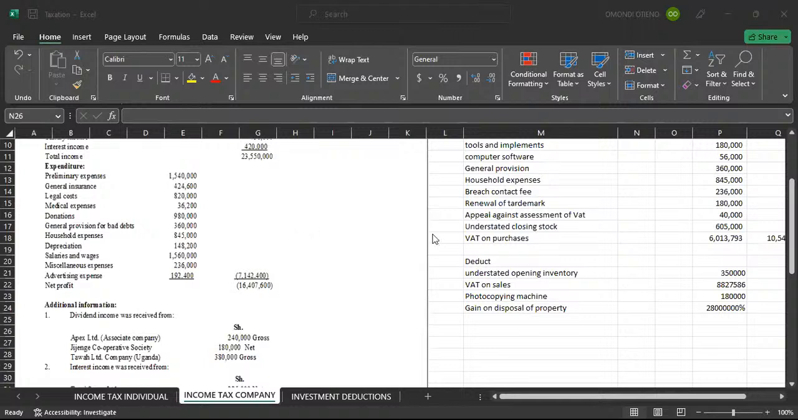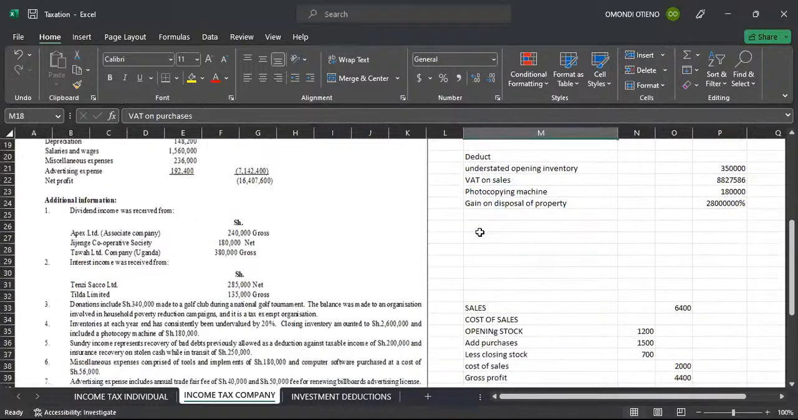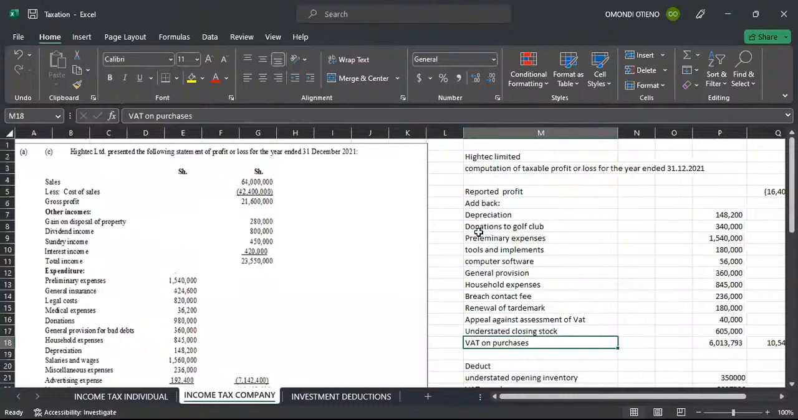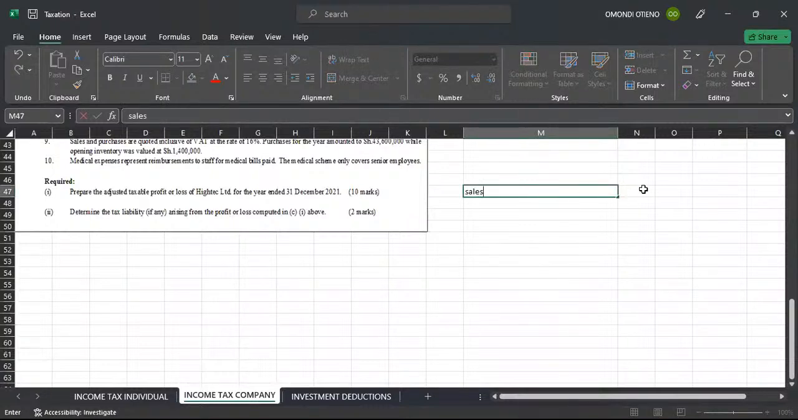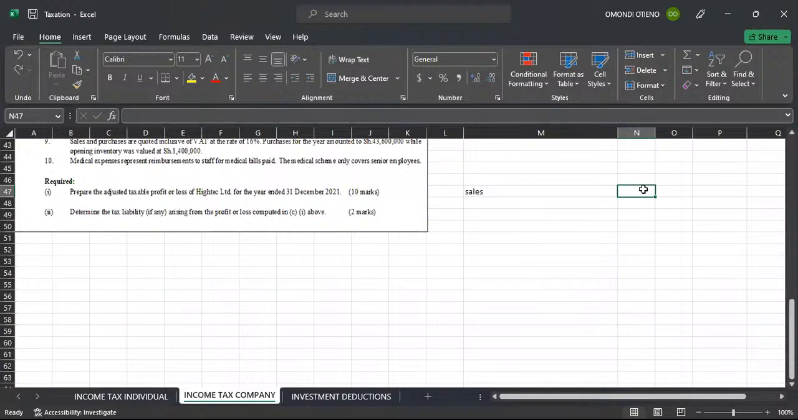VAT on sales. So VAT on sales, this is what we have been given here. The value which is given up here is inclusive of VAT at the rate of 16%. This is what we've done. Sales includes VAT of 16%, and the value given to us is 64 million. 64 million, since it has VAT inside, we have 116%, which means the real sales here